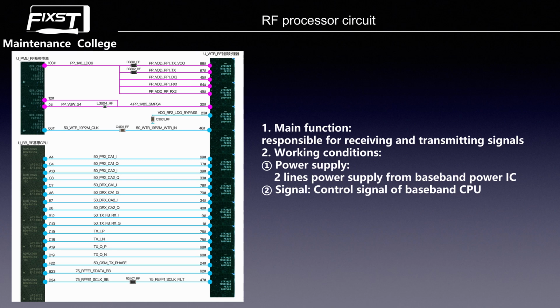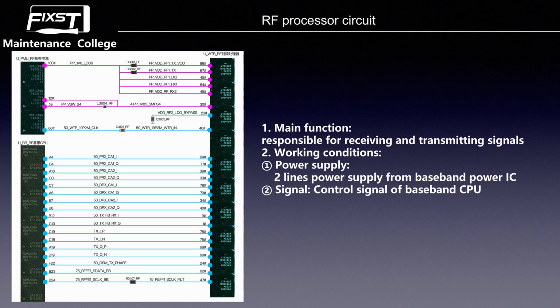This 2.9 power line is from the baseband power IC, the 100 pin and the 12 and the 2, this 2.9. And as you can see, in pin 100, it has two resistors. These two resistors are so important. If these two resistors are loose, it will cause the RF processor to work abnormally and cause no signal. And then you see the 14.6 pin of the RF processor, and this line is the baseband power IC